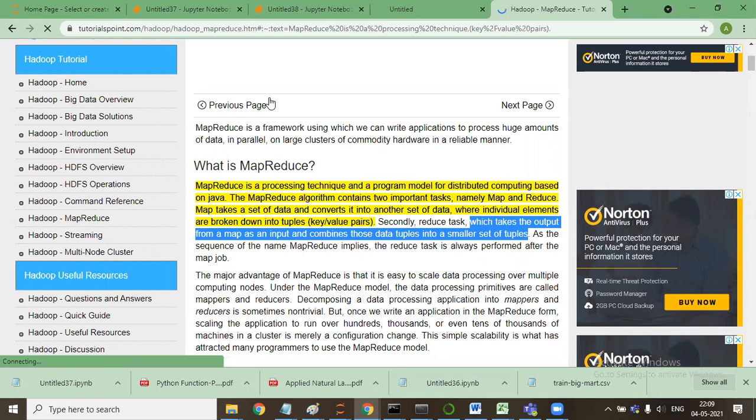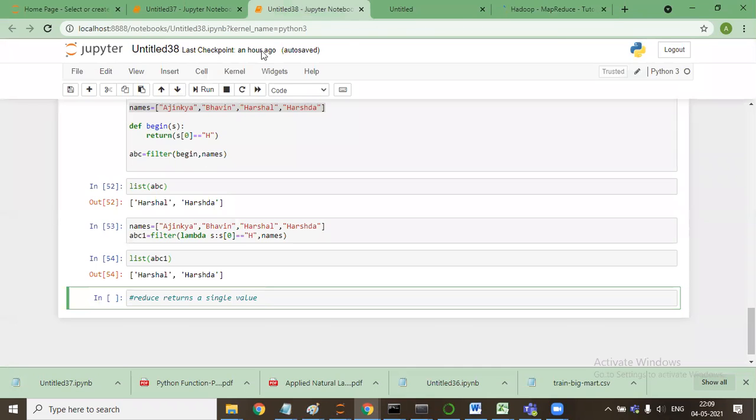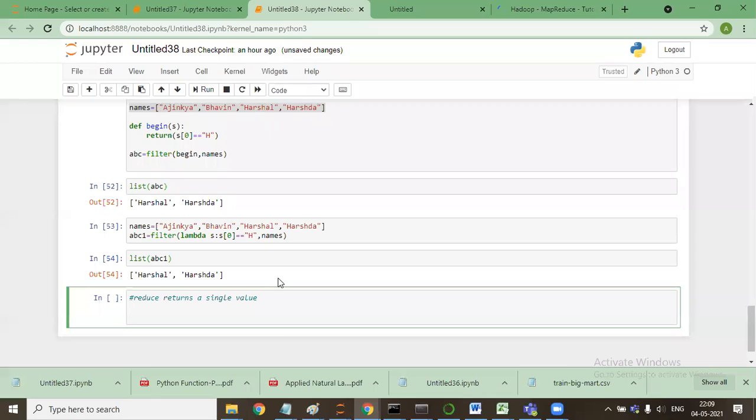So this reduce is basically similar to this. I'll show you how this reduce works. It returns a single value. So first, let me import it.